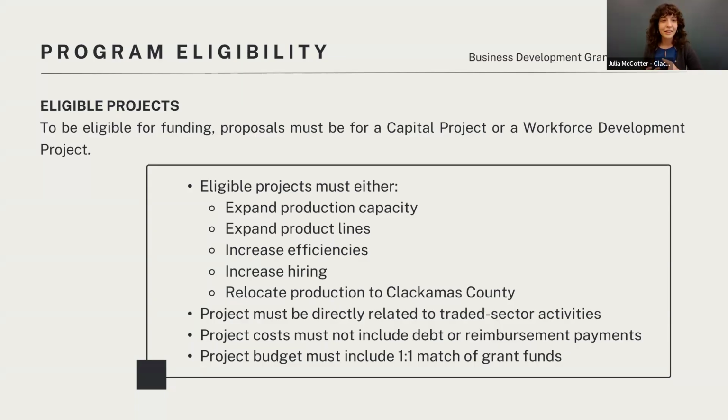Now, other elements of project eligibility. These grant funds cannot go towards paying off debt or reimbursing previous payments. If you are applying to help fund a portion of a larger project that's already in motion, maybe the part A of this project has been completed and paid for, and now you're looking to fund part B, it is fine to talk about the project as a whole in your narrative, but your budget needs to very clearly reflect only the eligible projects that you're actually applying for grant funding for.